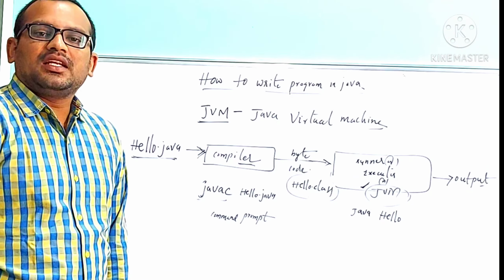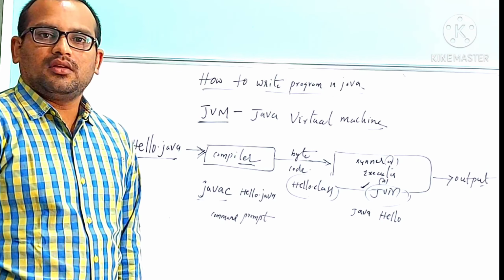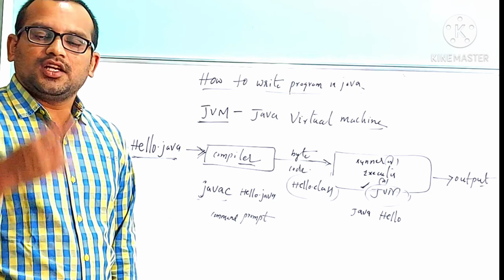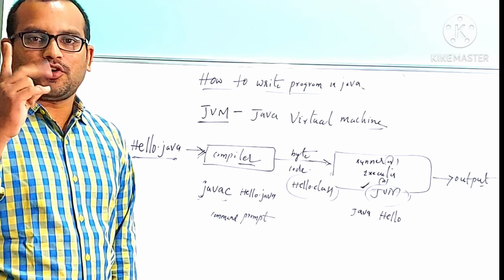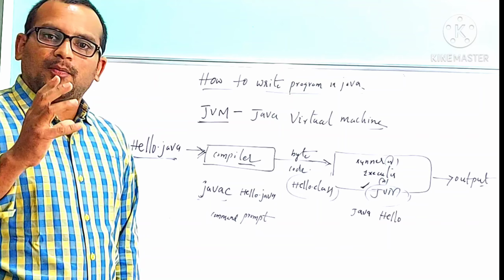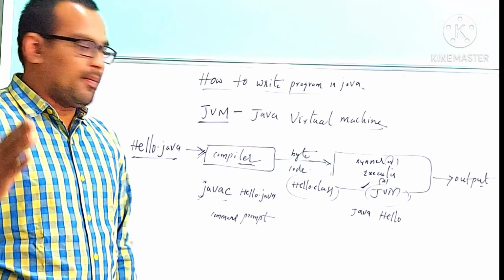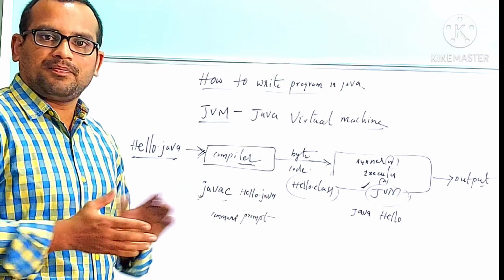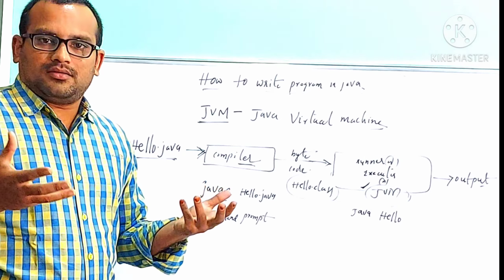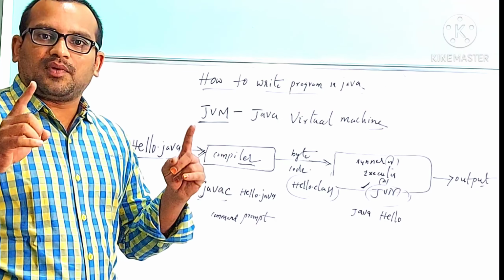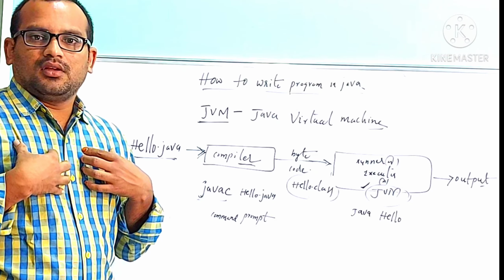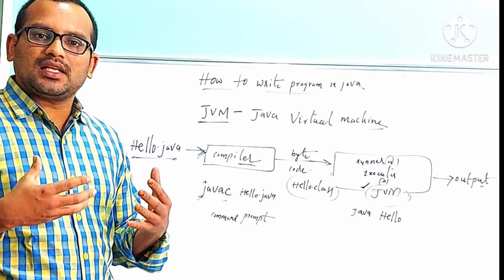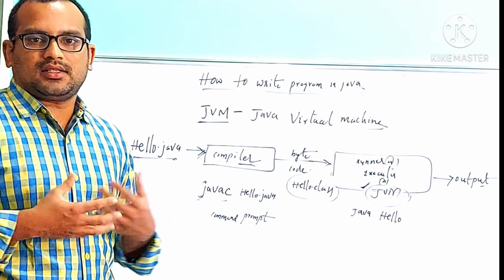Java virtual machine is a program, a software which executes our Java program. Every Java program execution contains a two-step process. First, the Java program should be given to the compiler by using a command, javac space program name with the dot java extension. When you activate the compiler, it first checks for errors in our program. If there is any error, the compiler displays the errors to the user, and as the user of the program, we need to rectify those errors.